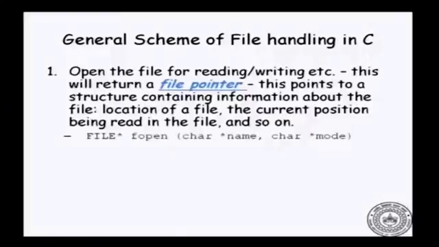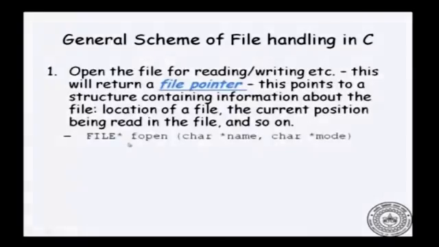So if you want to open the file for reading or writing, etc., we need to first open the file. The three standard files, stdout, stdin and stderr, are available to the program. Any other file, you have to open the file, and the function to do that is fopen. It takes two arguments, name and mode, and we will see what these are soon, and it returns something called a